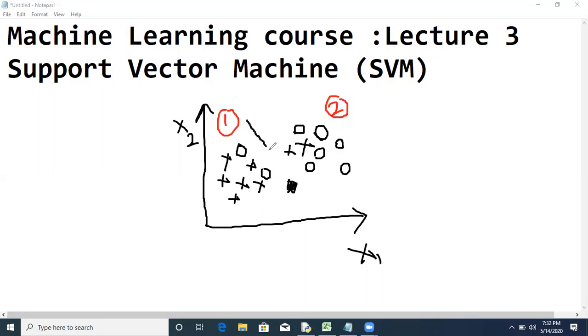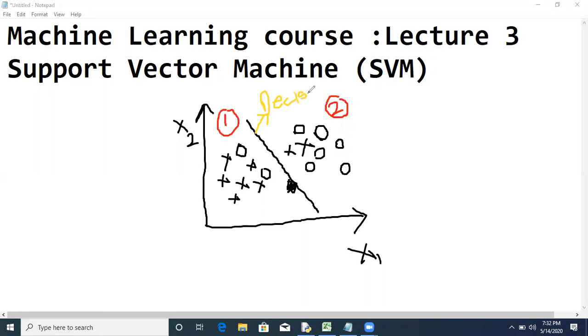So support vectors are nothing but the vectors or the points which are present close to the boundary or close to the line. That line is called as boundary. So this line is nothing but the decision boundary.